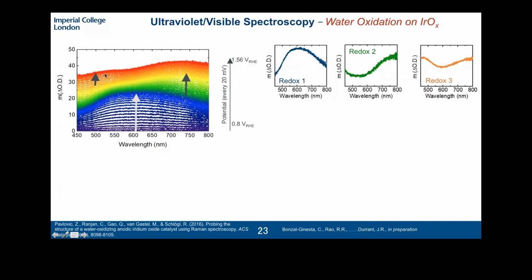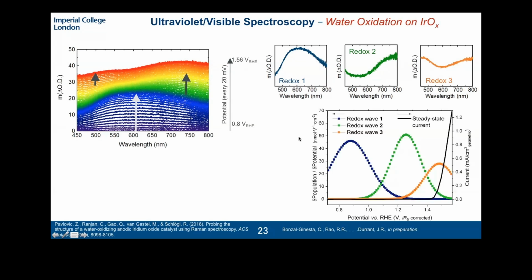And then finally, at water oxidation conditions, you have this distinct spectral shape with this feature growing at much lower wavelengths of about 500 nanometers. So based on these pure spectra, using a global analysis method, you can fit a linear combination of these three different spectra to the data that we have here. And what you can end up with is how the population of these different redox active intermediates changes as a